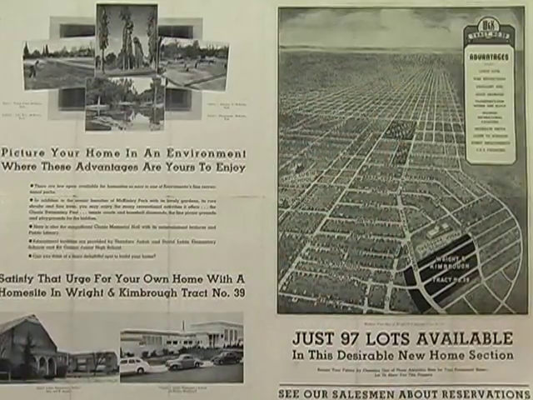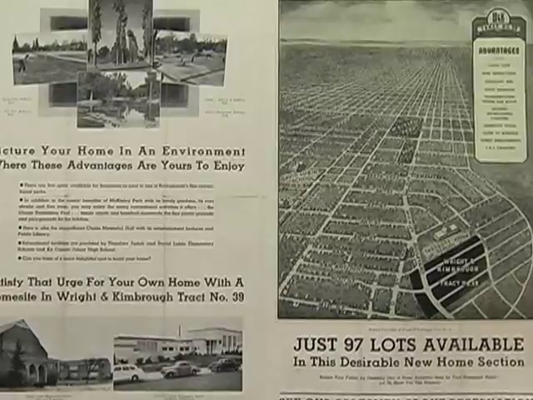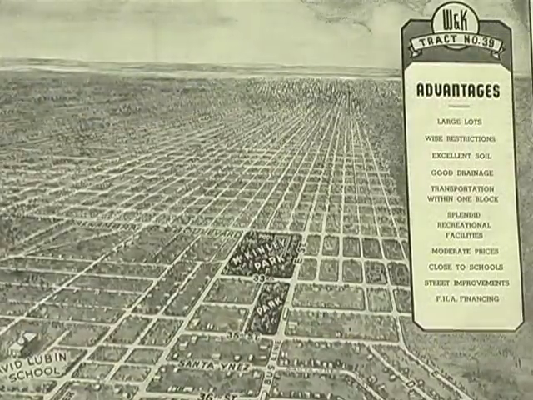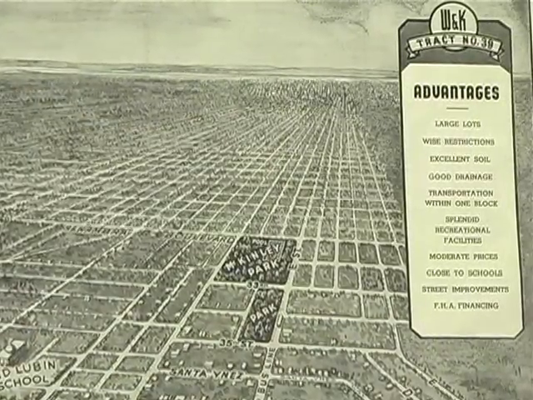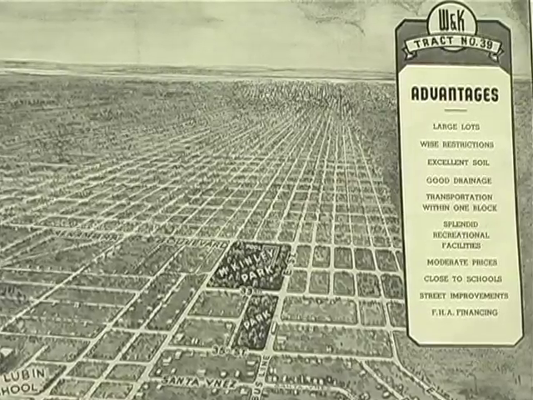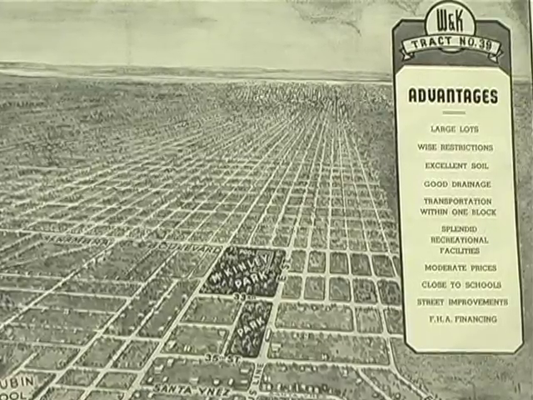So as the city fills out, where is the next area to go? Well, the next area becomes the first annexation, and it happens early in the 20th century. They would take in Oak Park, and they would take in what today we call East Sacramento. Those became our first new neighborhoods. And as we developed those, the real estate developers would come in, and sections of it became different tracts in East Sacramento, the Wright and Kimbrough tract, number this and number that, etc.